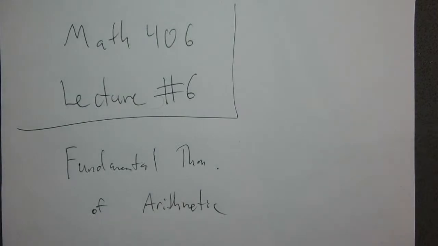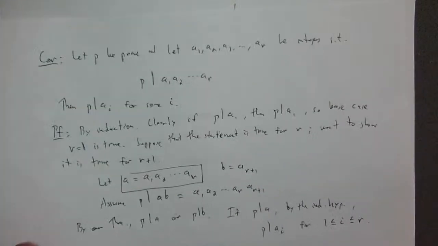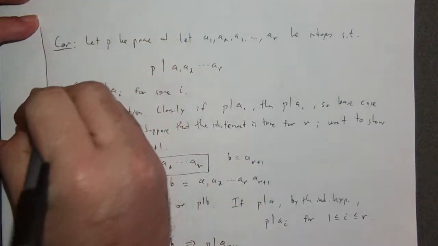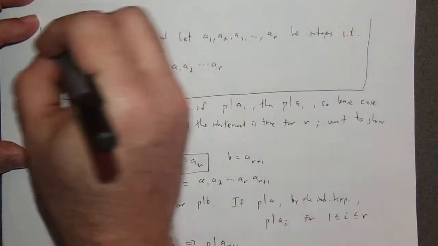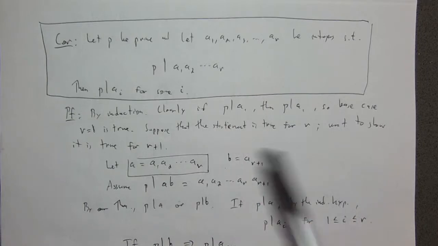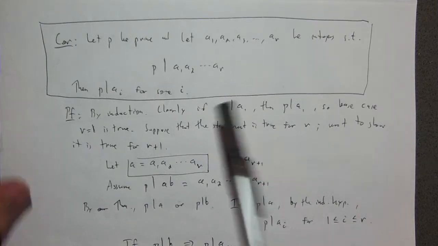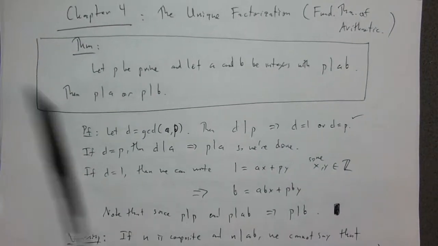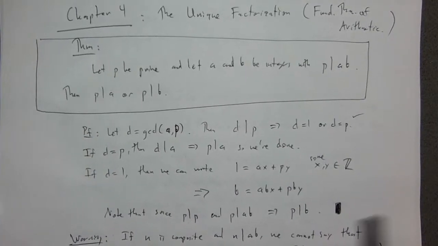So a corollary of that was the following. Using induction, if I have a prime p dividing a product of a list of integers, then it has to divide one of them. Okay, so it turns out this fact is pretty much the thing that's going to get us prime factorization. And this corollary was a direct corollary of this theorem, and this theorem essentially followed immediately once you had